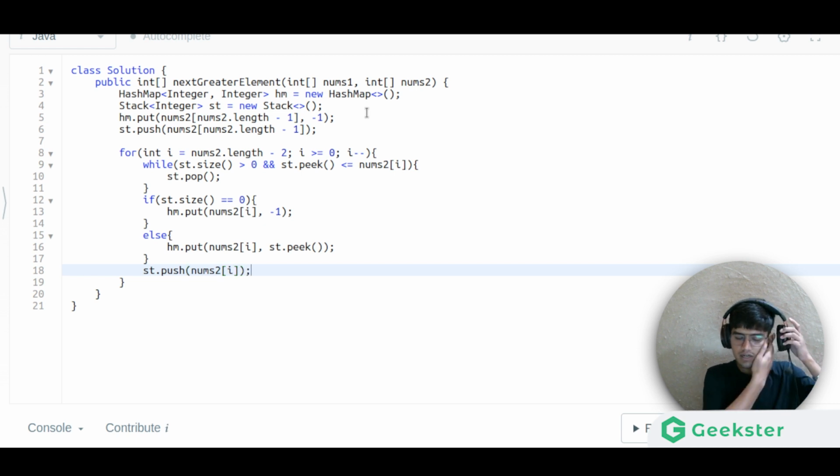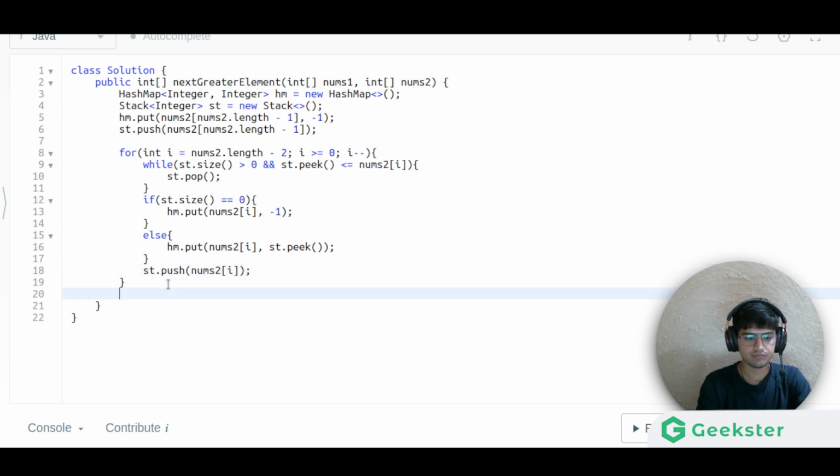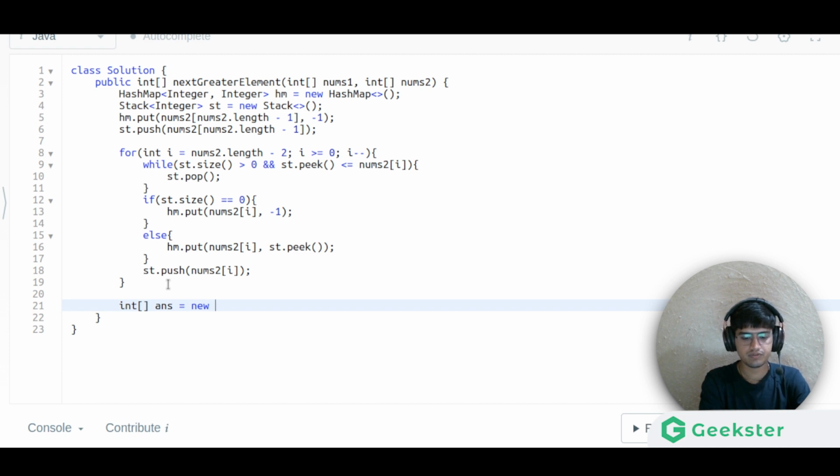That is done. Now we'll make an answer array, int answer array, equals to new int, and we'll be putting nums1 dot length.